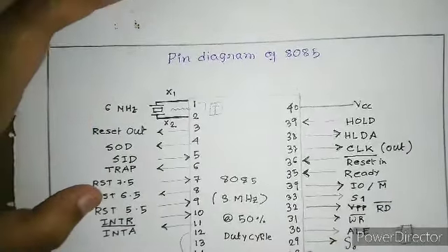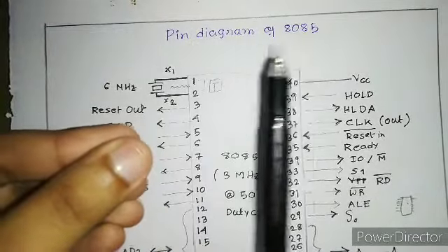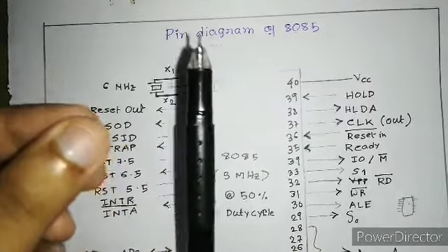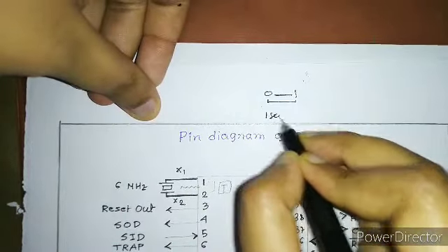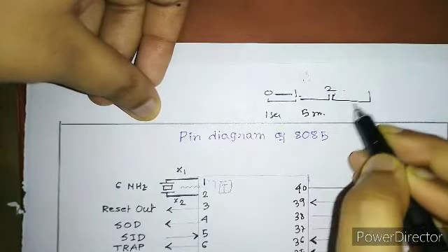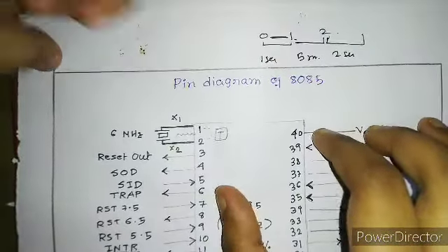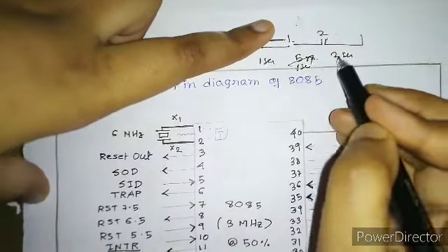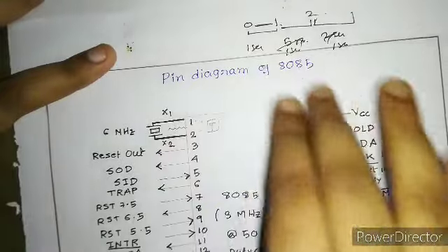Just remember this term: synchronization. Everything needs to be at a rhythm, at the same time. Suppose your second hand from 0 to 1 takes this distance and 1 second, from 1 to 2 it takes 5 minutes, from 2 to 3 again it takes 2 seconds. Is this how a clock works? No, right? This is 1 second, this should also be 1 second, 1 second. This is how it goes on, so that once the second is performed, the minute comes, then the hour comes.